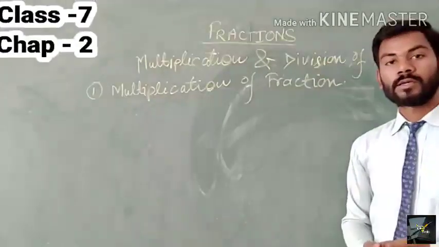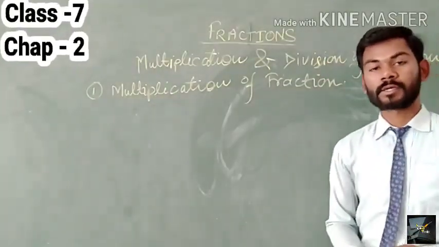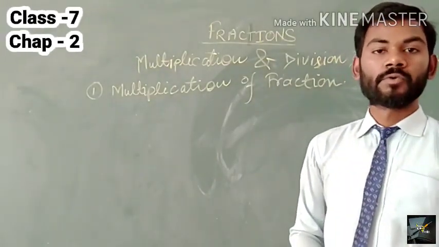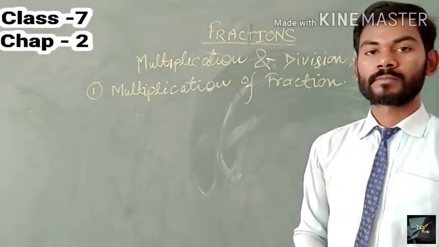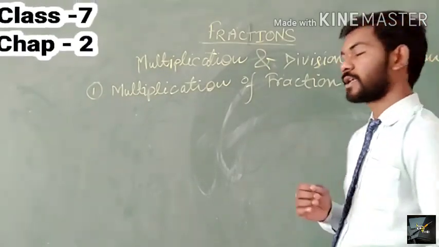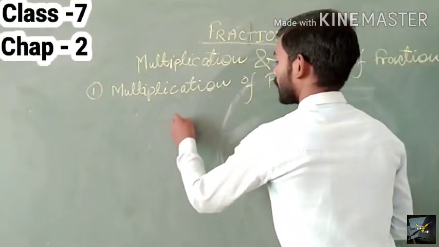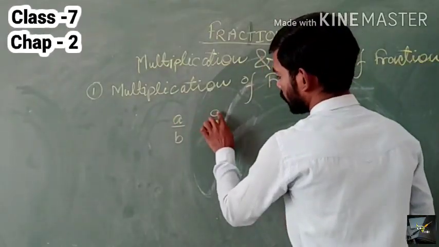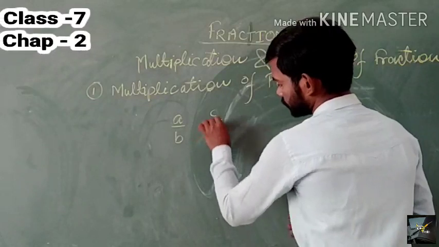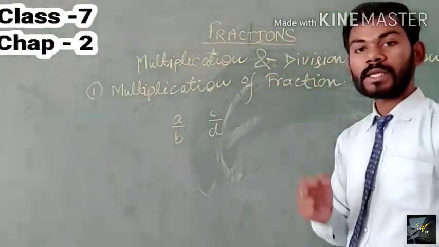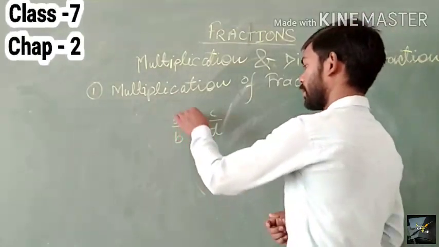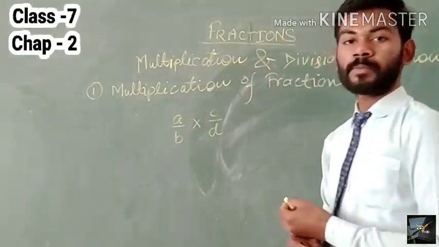Let us see how we shall operate the operation of multiplication with fraction. Generally, if A upon B and C upon D are any two fractions and here we multiply them,